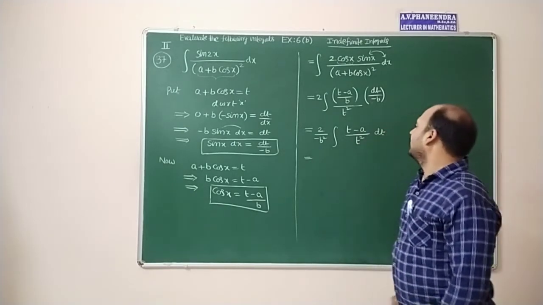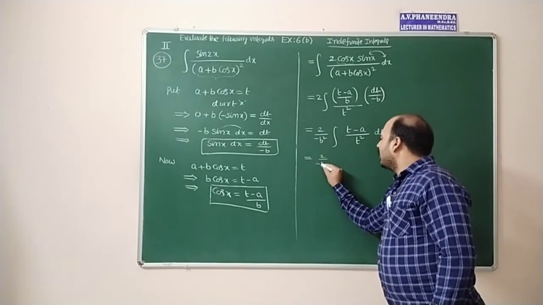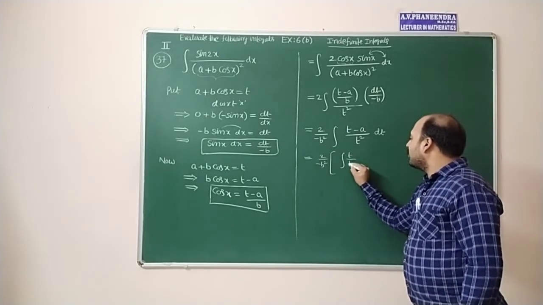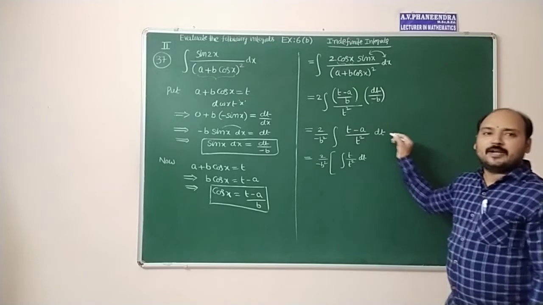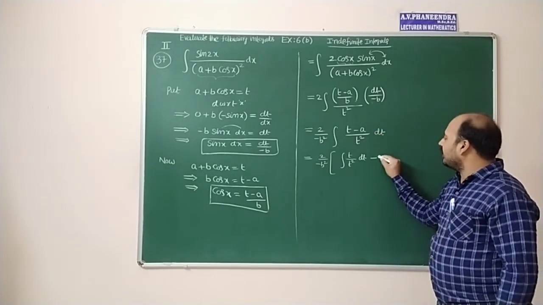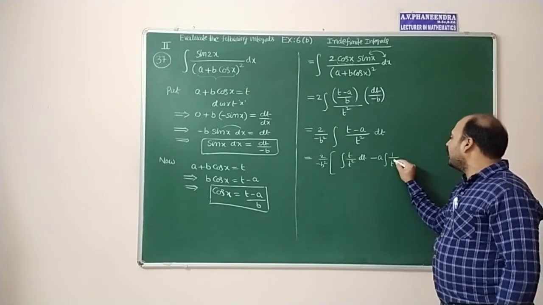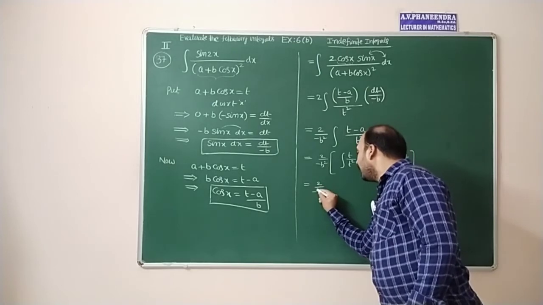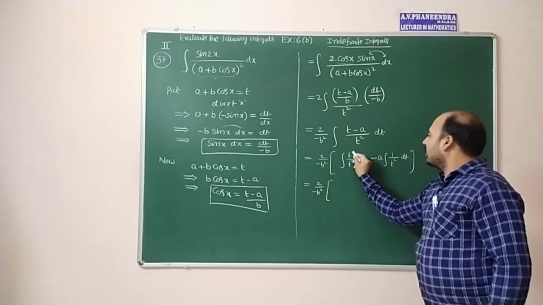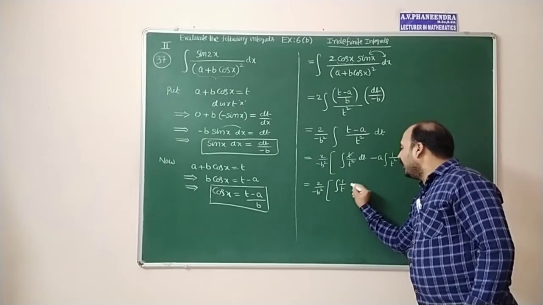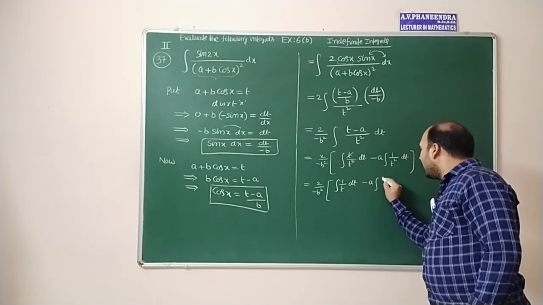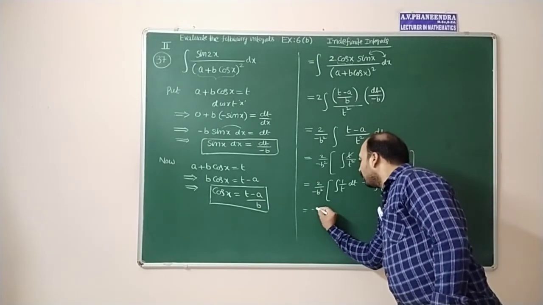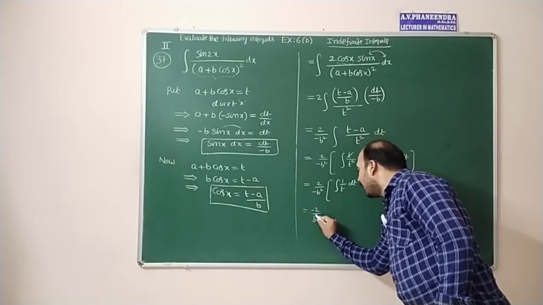Now simplify 2 by minus b square, step by step. Integral t by t square dt: splitting and integrating, the constant minus a you can take outside, integral 1 by t square dt, which is equal to 2 by minus b square. Here one of the t cancels: integral 1 by t dt minus a into integral 1 by t square dt. Now we have to apply the formula. Minus 2 by b square, that's the denominator we are writing as positive,